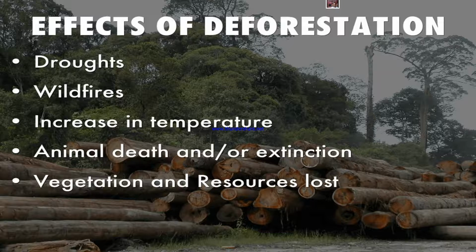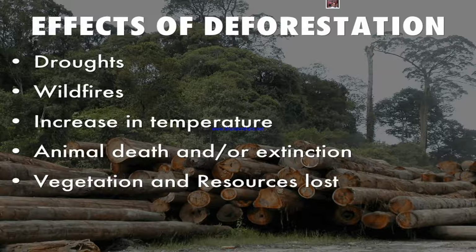And vegetation and resources are lost. So, forests also are resources. Forests are lost means we have less resources. Now, we do not have wood, we do not have gum, we do not have honey, because all these and some medicinal plants also are found in the forest. So, the forest will become dry, parched land, no rains, and slowly it will turn into a desert.